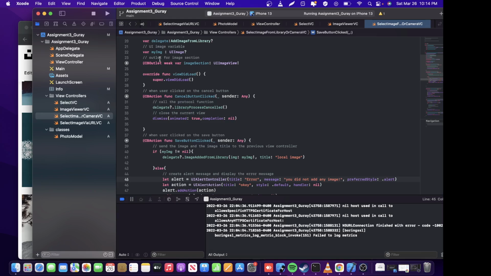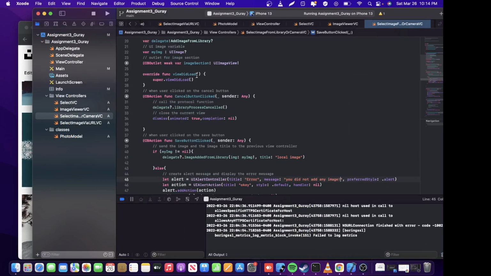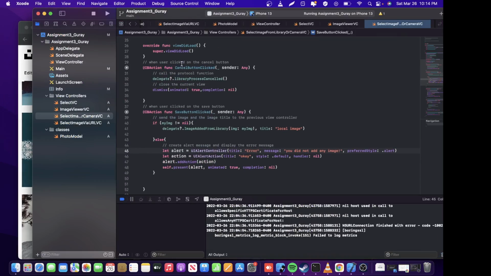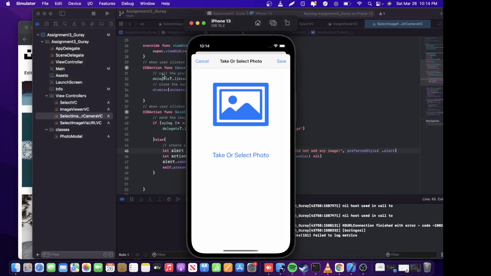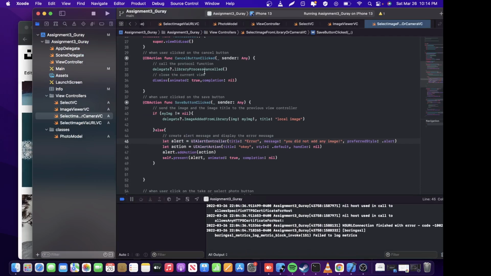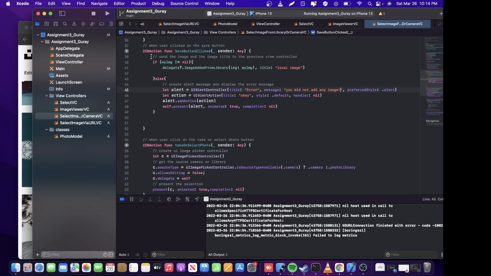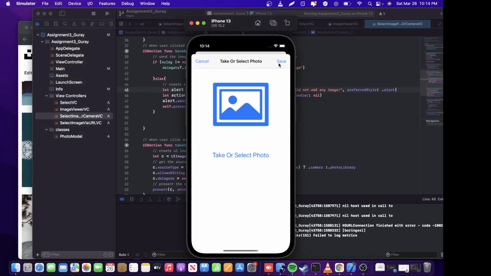We have an image variable, and an IBOutlet for the image section, for this section. And then when the user clicks on the cancel button, which is here, it calls a protocol function and dismisses the current view. And we have an IBAction for the save button,